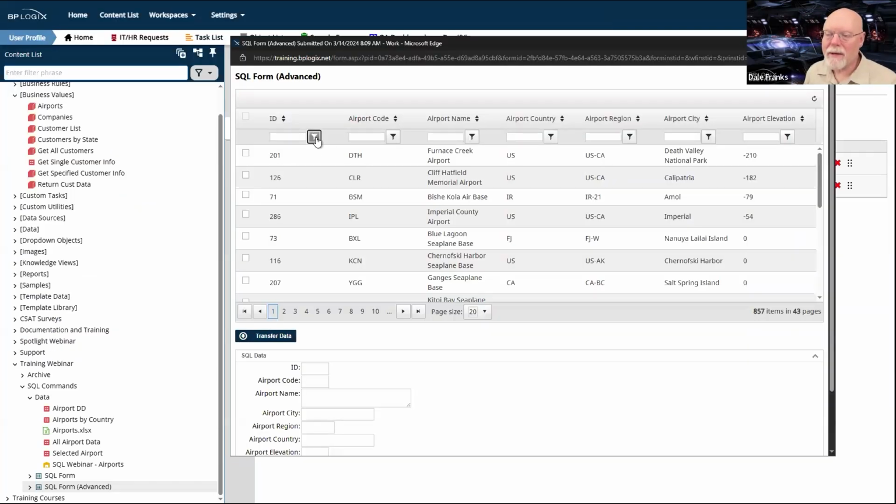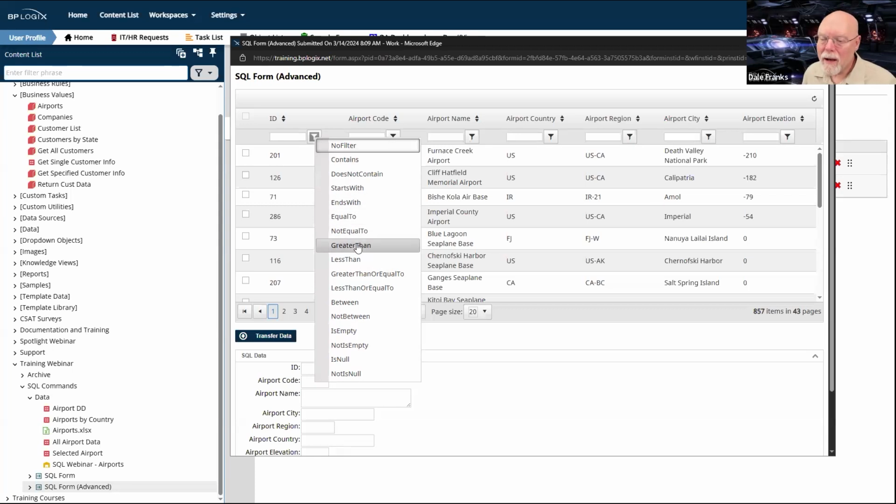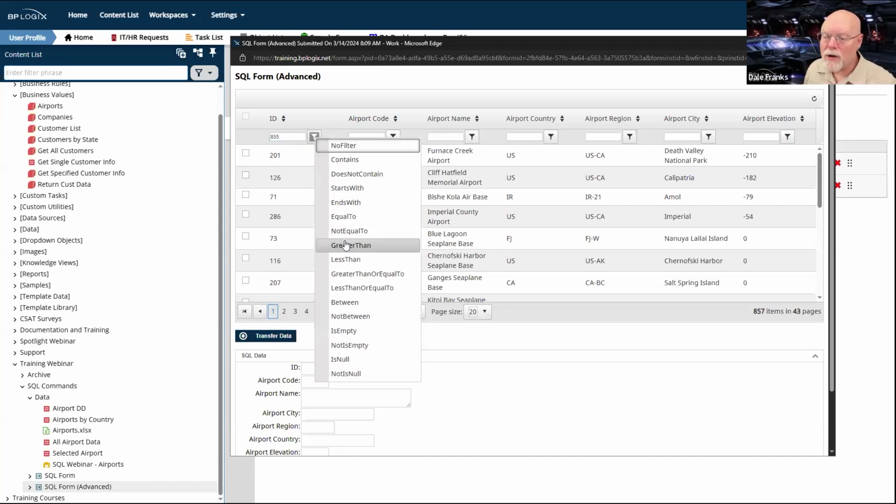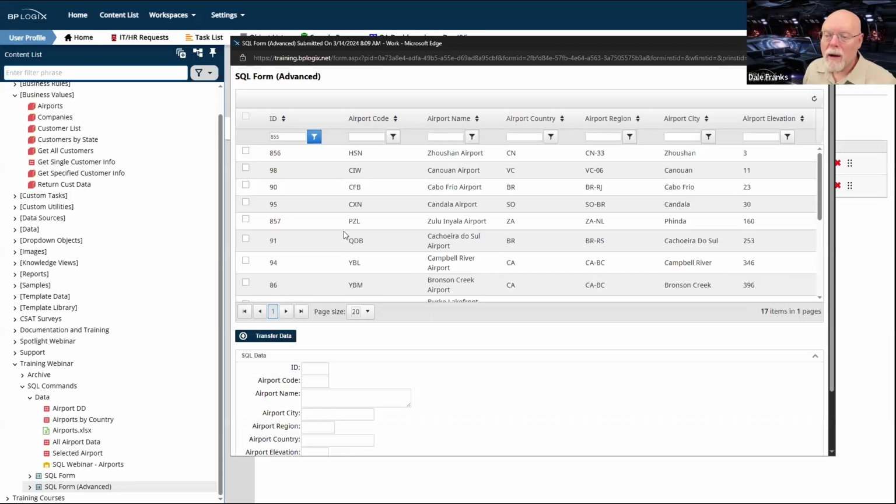And let's see where ID is greater than, I think I have 850 records, but I'm not entirely sure. I do. Okay. So this is sorting it.